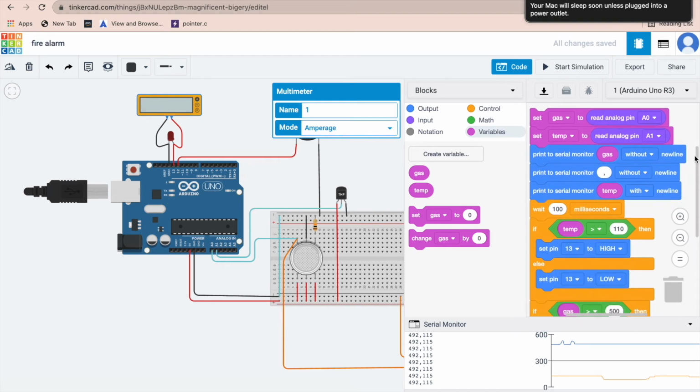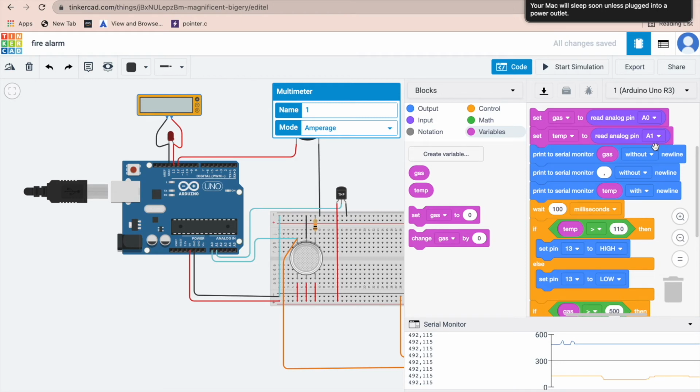The gas variable is used for storing the value measured by this gas sensor through analog pin A0, that is connected to analog pin A0, and the other variable temp is used to store the value across analog pin A1, that is given by this temperature sensor.